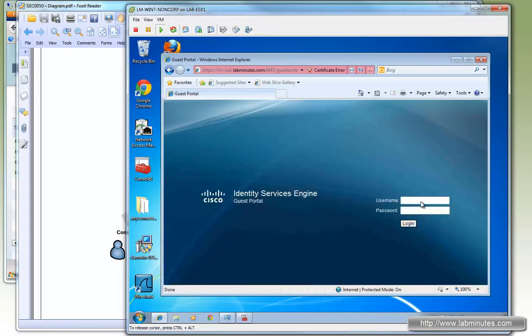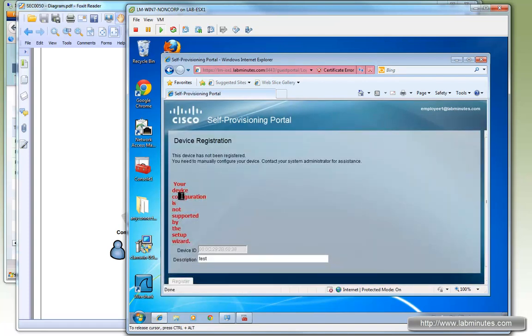Okay, so we got accept certificate, and here we are at the guest portal login page. So we'll log in as employee one, and the password. And here it's telling you that the device configuration is not supported by the setup wizard, and the reason that